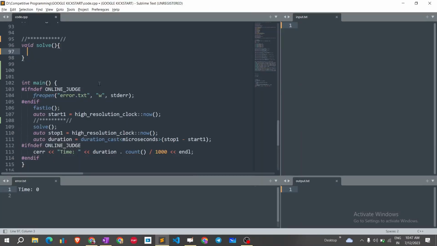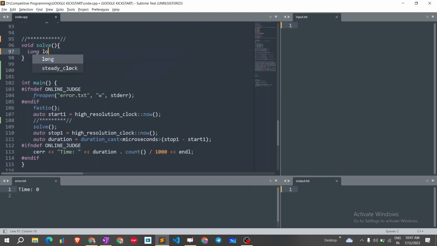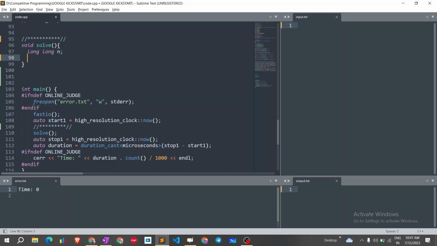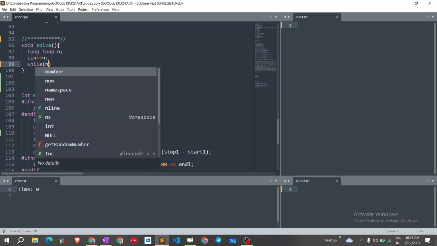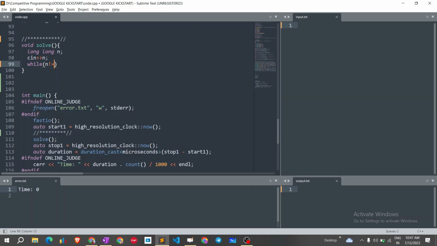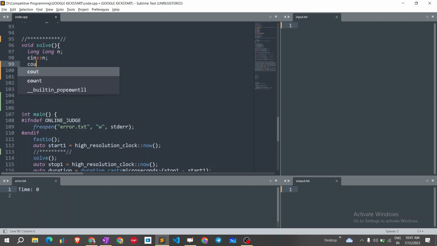Here I can take long as a variable n, simply take that input, and while n is not equal to 1, here my task is to cout n also. Until n is not equal to 1,